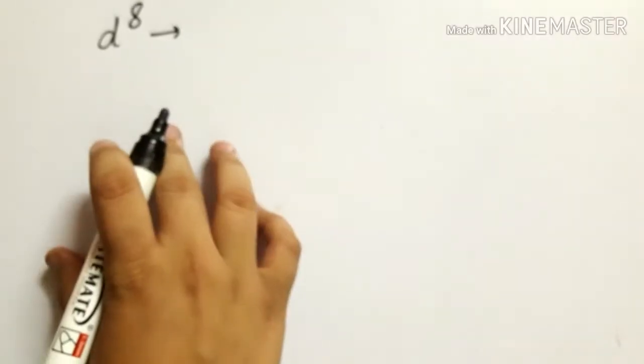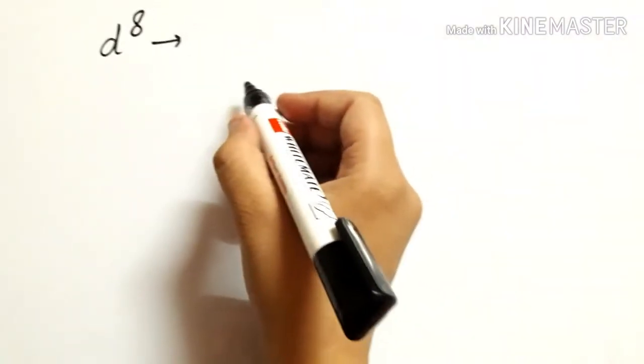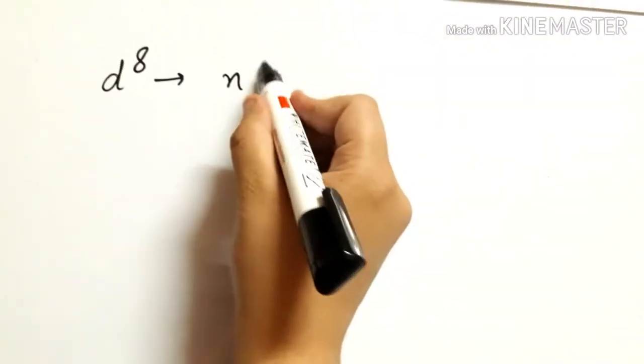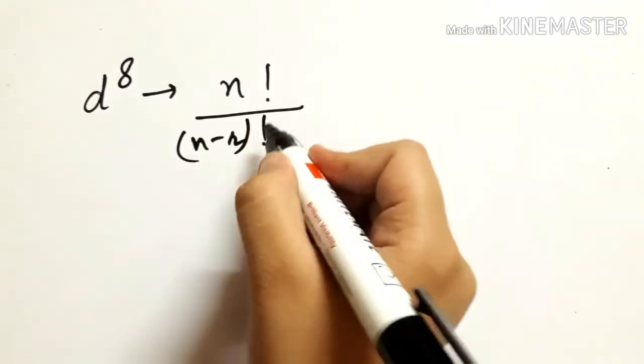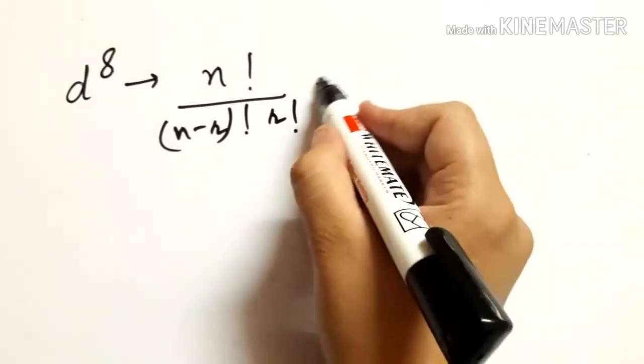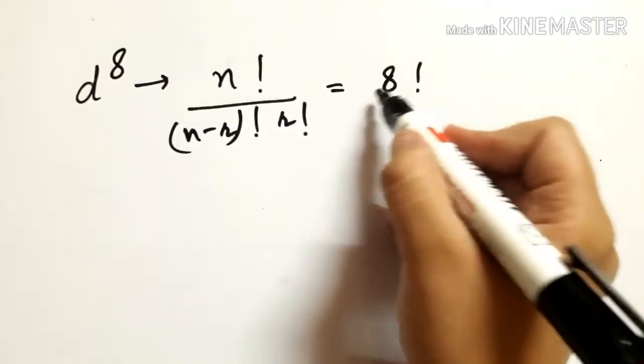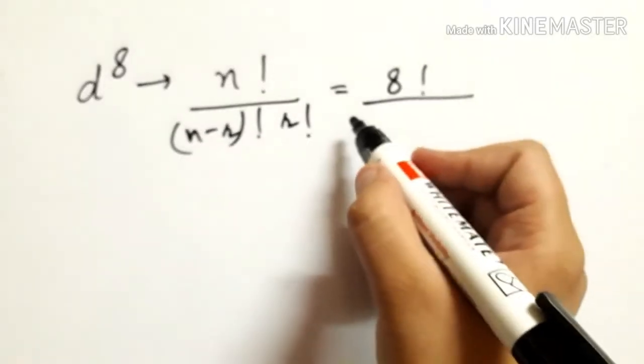Now for D8, the microstate can be calculated as n factorial upon (n minus r) factorial and r factorial. So we have 8 factorial upon 8 minus